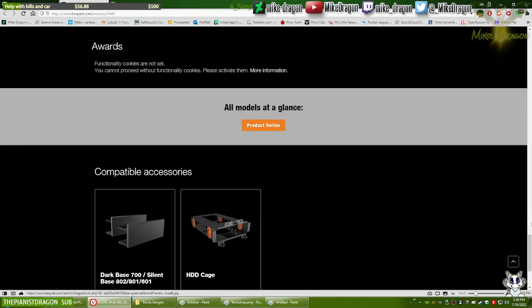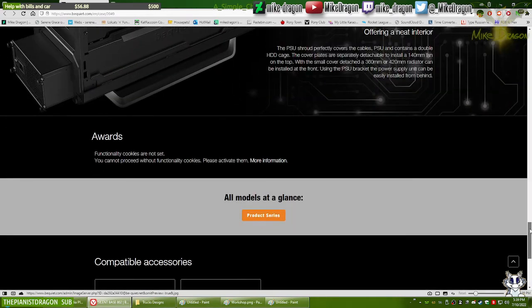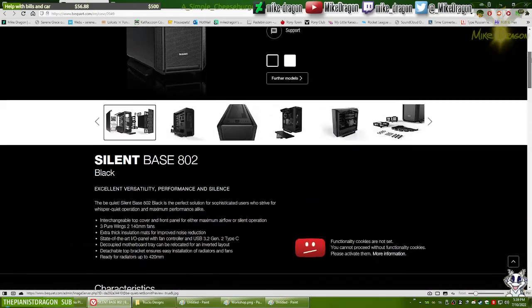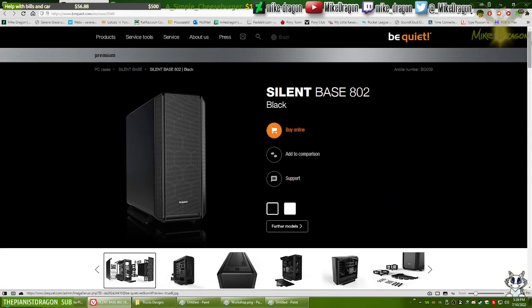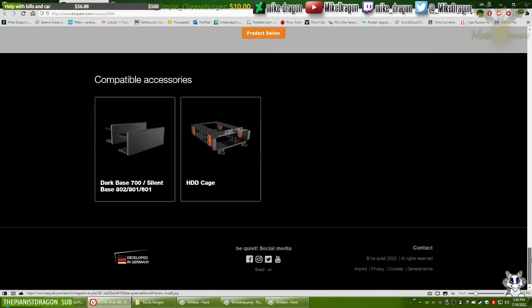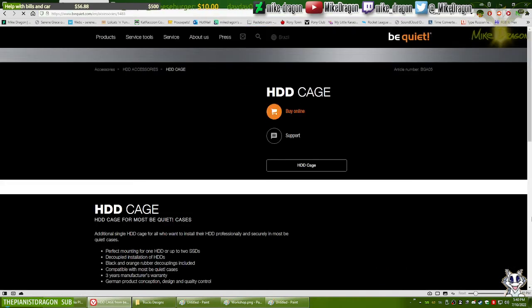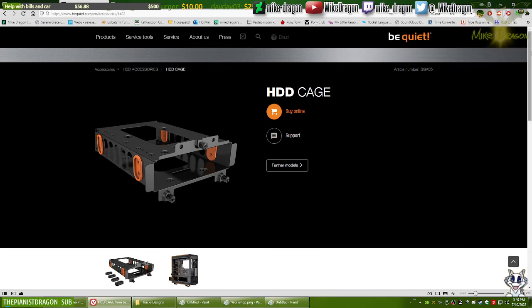If I were to base my opinion solely on what the pictures show, I would say that it only comes with one tray, one hard drive cage, I mean, or like only one drive.